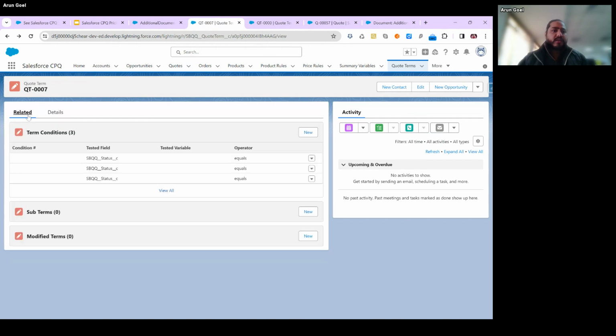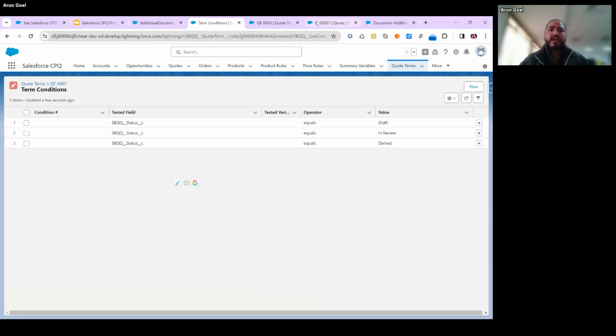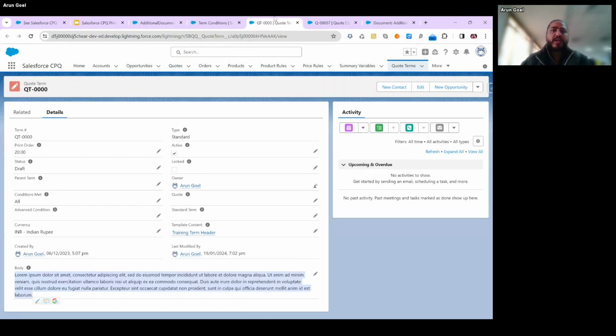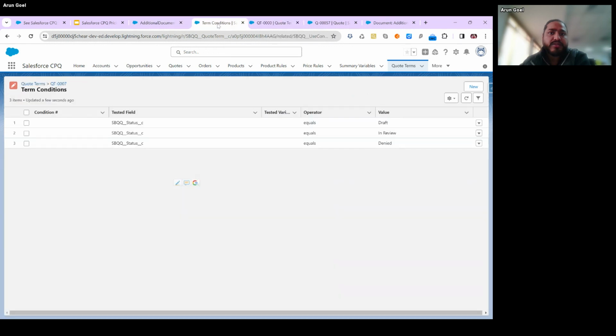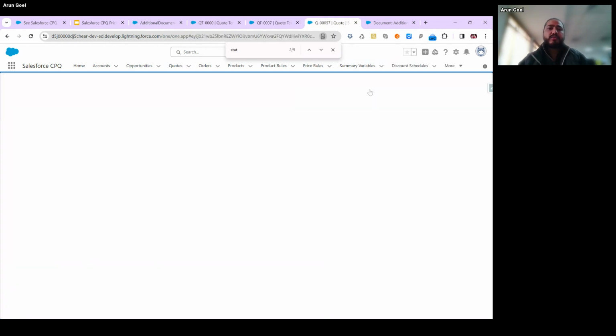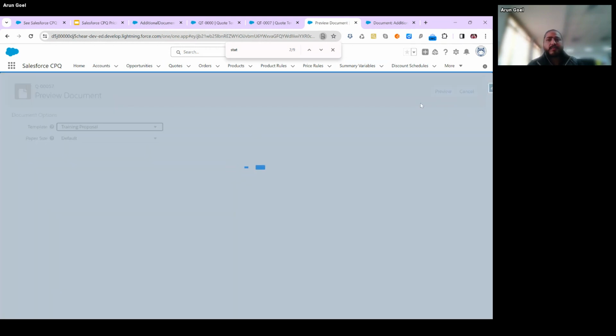So what we are saying, it should be either draft, in review, or denied. So if I see the status, the draft, okay, this should be coming now. I put it as a check is active, and this code is presented in non-finalized form. So if I preview this,